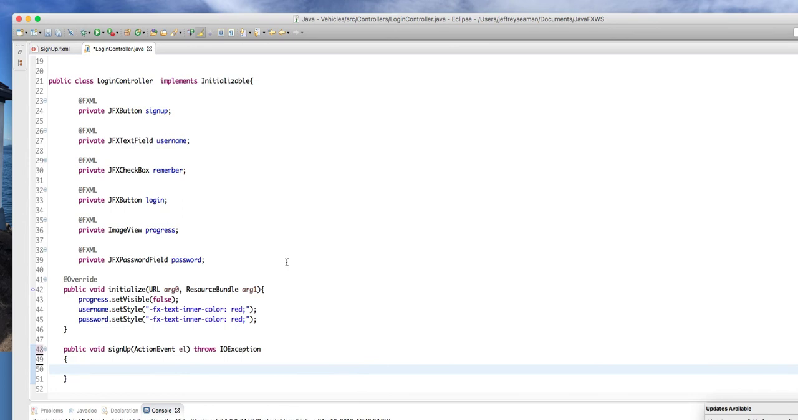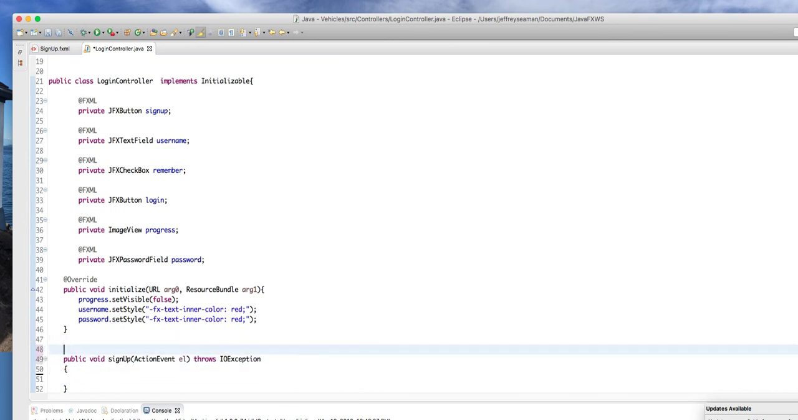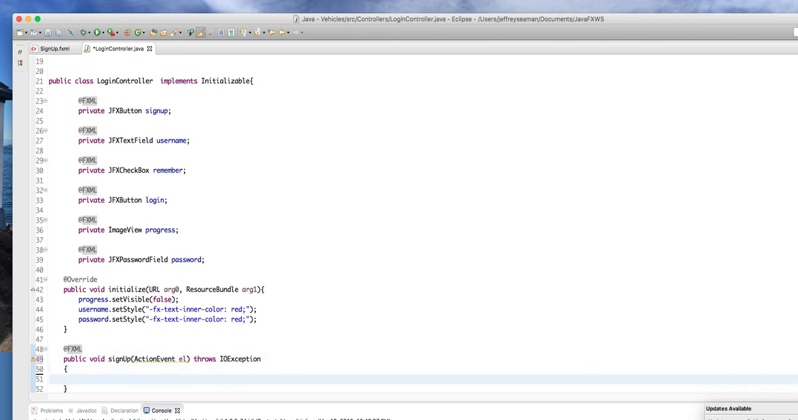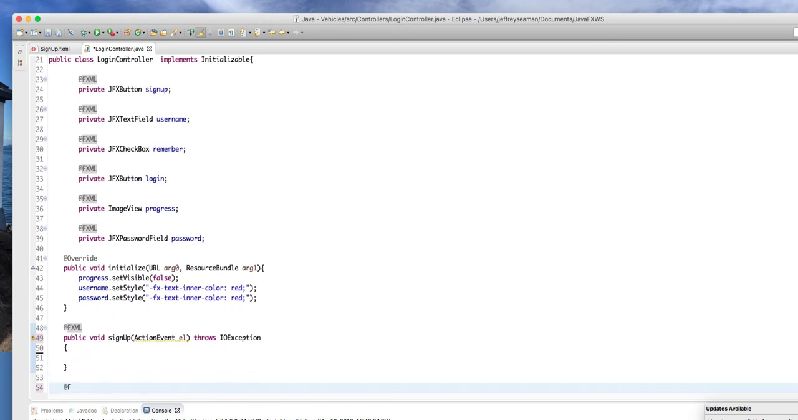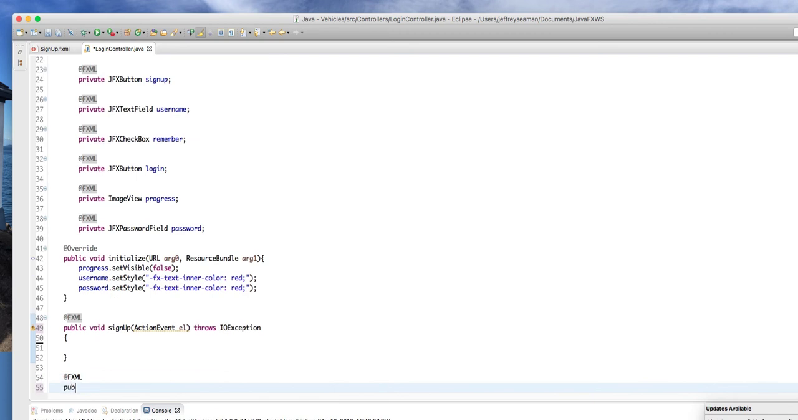Alright, so now we need to make this FXML. We have to give it that annotation so it knows that we're communicating with it. Without it, it doesn't allow us to do anything. Alright, so now let's create another shell that we have to do. So we'll do FXML. I'll do public void, and this one will be, actually, that was sign up, so I'm going to do them backwards. Login action